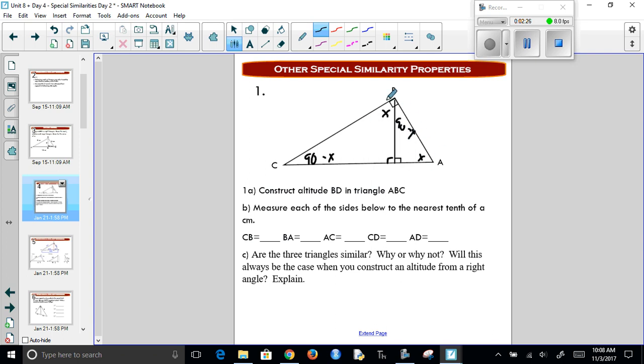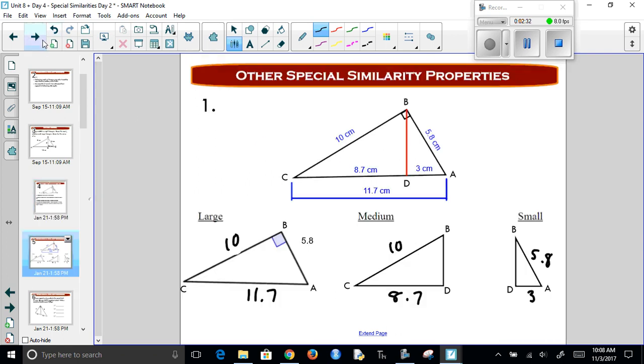So all three of these triangles have the same angles. Since they have the same angles, all three of these are similar triangles. So all the angles are the same and all of the sides are proportional. Later on, I'll do a problem at the end that shows how you can use these properties